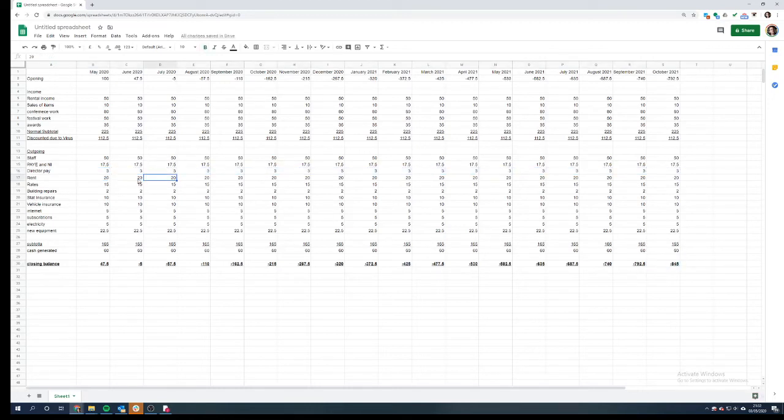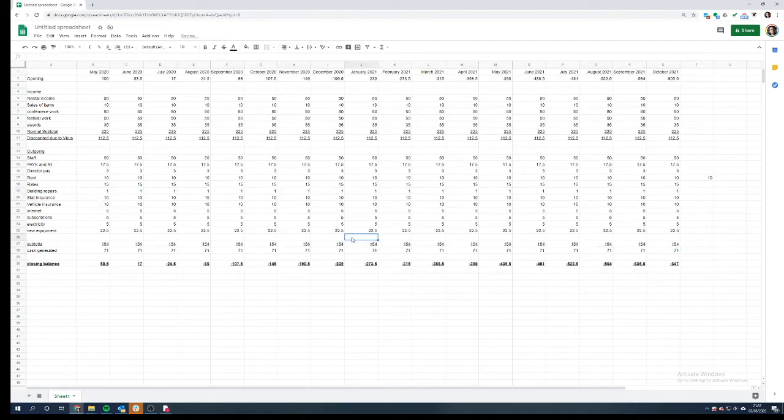You might have a chat with your landlord or your pub company and do a rent negotiation. In the case of me, I own my own premises, so rent wasn't a factor. But for my tenants, that might be, so there might be a conversation we had at some point. So let's say you managed to achieve a 50% reduction in rent. Okay, we drop down to minus 665. Building repairs. You might think, okay, let's keep it to the really essential stuff and put that to 1 a month.